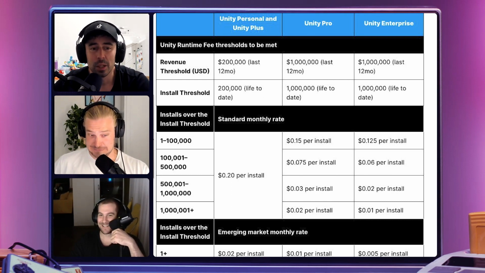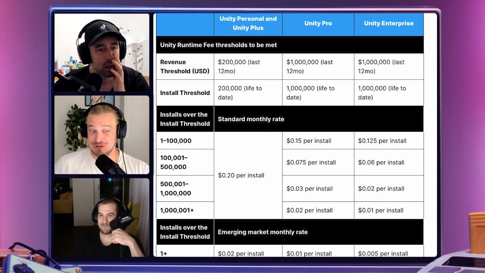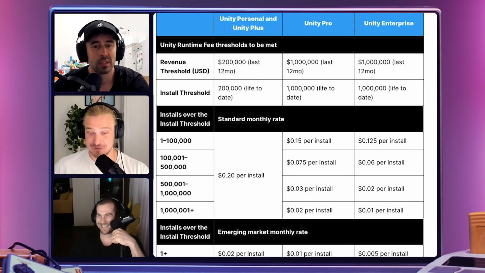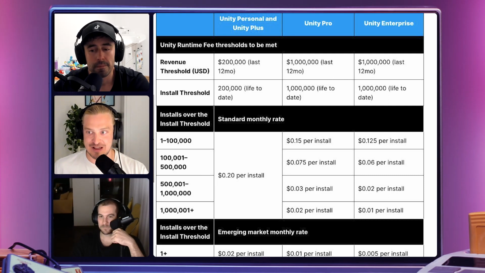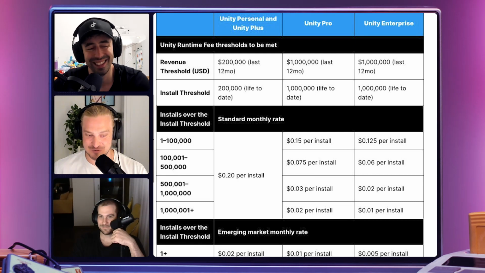So I spoke to a dev a little bit before, just to give our listeners some context. Basically, this is a dev that's done quite well for themselves. Essentially, they calculate in an Excel model today that their Unity fees will go from $200 a month to $175,000 a month on January 1st.